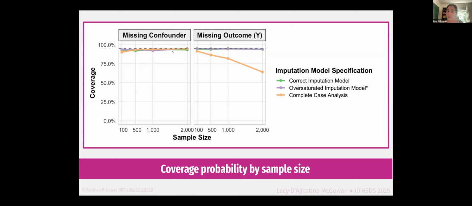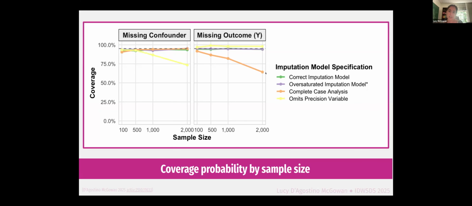Okay, then in orange here we have the complete case analysis, just to show you that if you just have missing confounders, in most cases you have to put all the confounders in your model in one way or another in order to get an unbiased causal effect. And so actually a complete case will always be unbiased in this setting. And so this might be my kind of tirade against imputation. I'm sort of thinking that there's a chance that when the confounder is the thing that's missing, potentially we should be thinking more about complete case analyses. Now, when the outcome is missing, that's not the case. And this is kind of where a lot of the literature on missing data is built around, the outcome being the thing missing. And in that case, you will be biased if you do a complete case analysis.